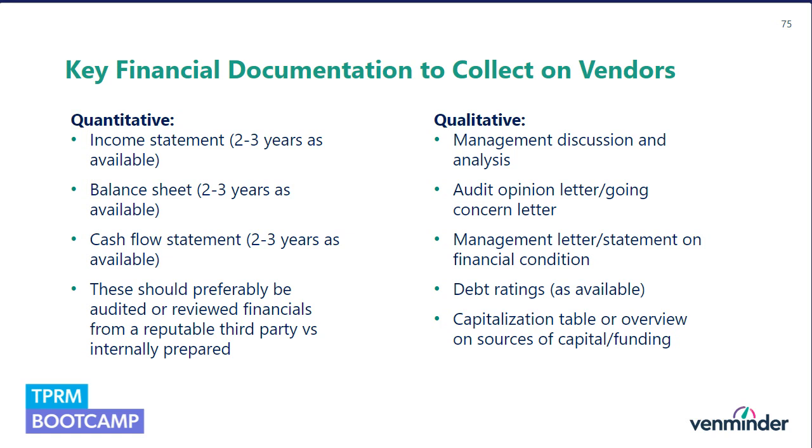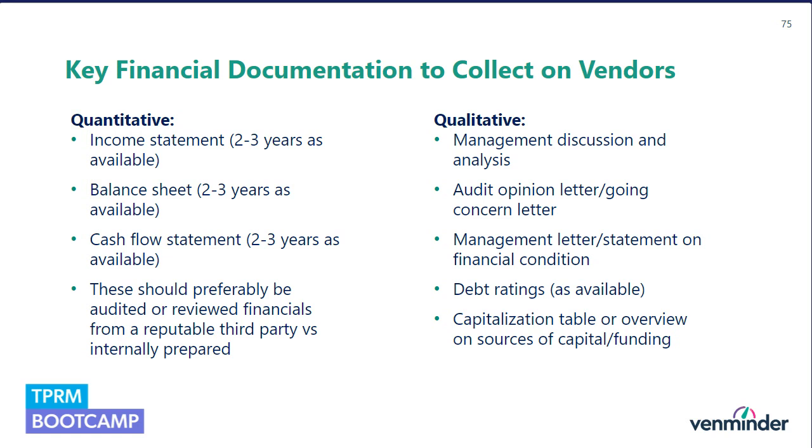On the qualitative side, you'll also want to inquire with the vendor about any management discussion and analysis details they have, and, if they are audited, any audit opinion or letter, or going concern letter that shows that the business has enough liquidity to remain viable for the next 12 to 18 months. Also, some sort of management letter or statement on their financial condition, which can come from the first 2 bullets in that qualitative section,